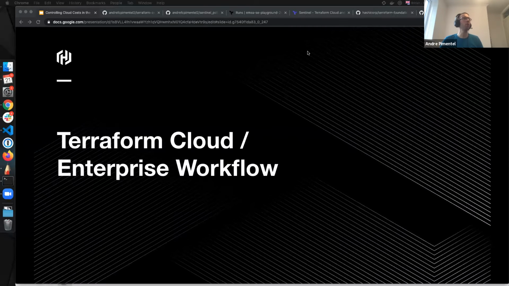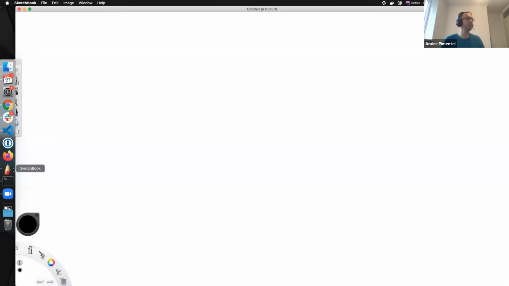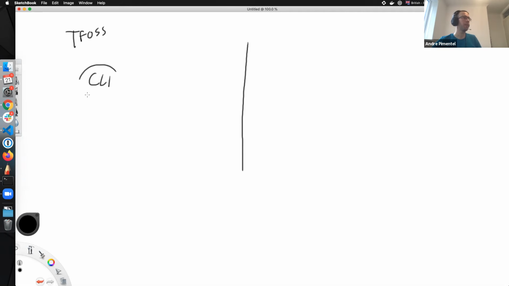So let's talk about workflows. Let me open my sketchbook here and draw a bit. In Terraform open source, we have the CLI, so everything is pretty CLI centered.